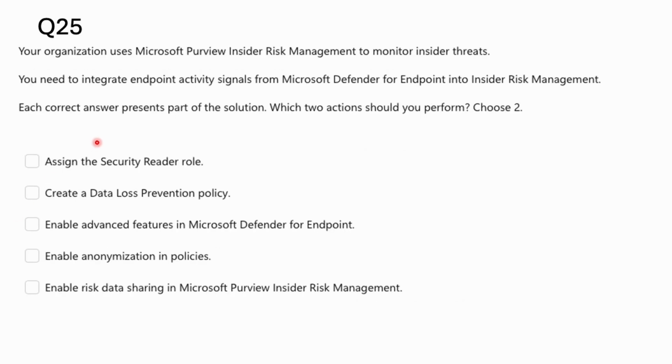Okay, let's explore question number 25. Your organization uses Microsoft Purview Insider Risk Management to monitor insider threats, and you need to integrate endpoint activity signals from Microsoft Defender for Endpoint into insider risk management. Each correct answer presents part of the solution. Which two actions should you perform? The first one, assign the